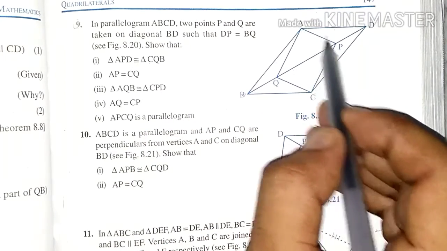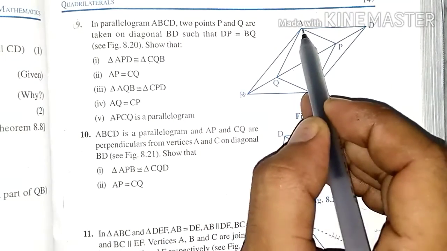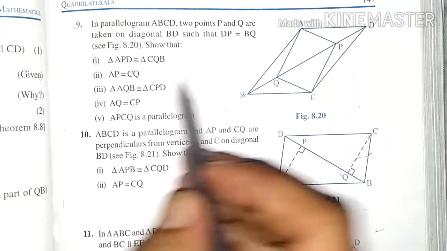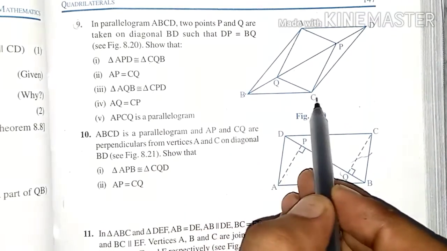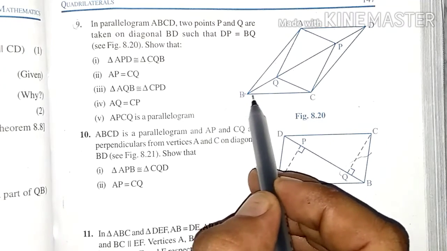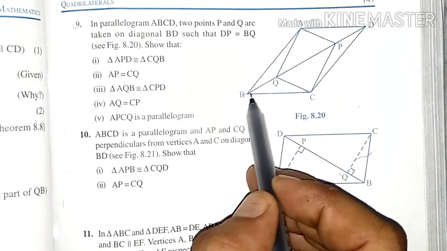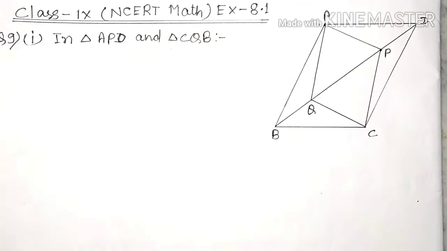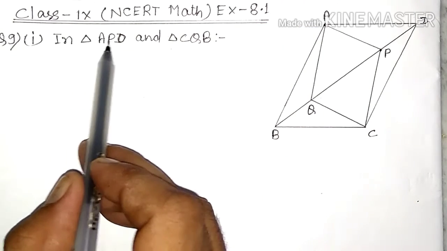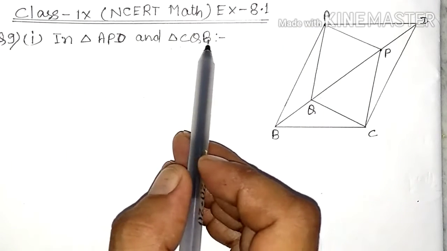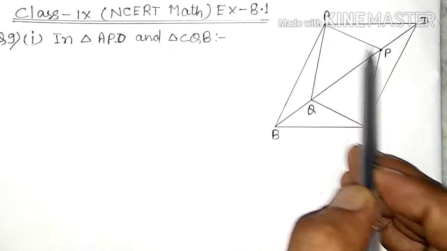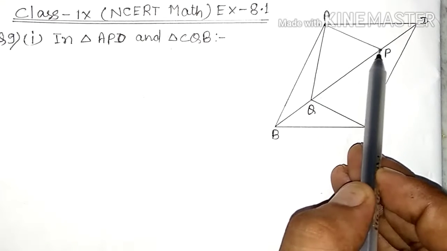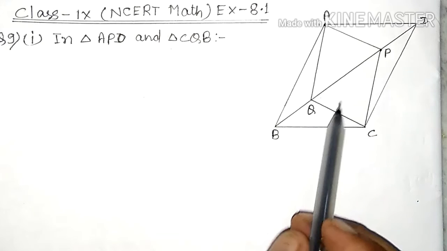APD, this triangle, congruent to triangle CQB, this triangle. Both the triangles we have to prove congruent. In triangle APD, this triangle, and in triangle CQB,